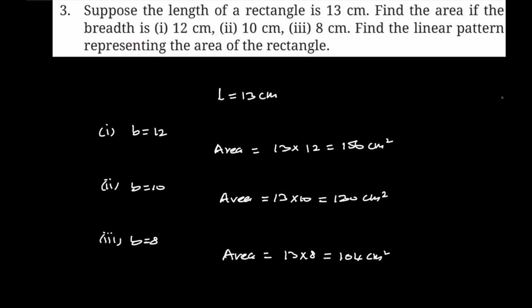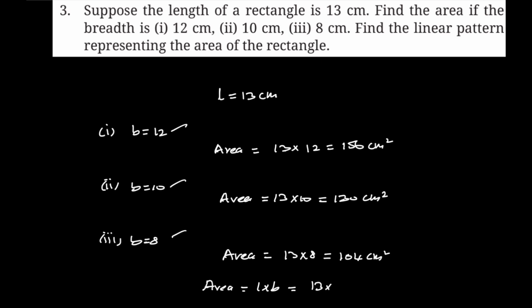So the linear pattern is, now in the 3 cases the breadth of the rectangle is given. Suppose the breadth of the rectangle is not given in the question, we should form a general form of the area of the rectangle in the form of linear pattern. So area equals length into breadth, L into B. Length is already given, so 13 into